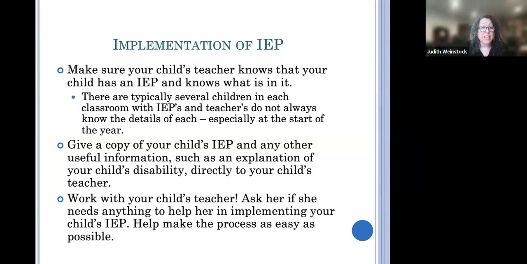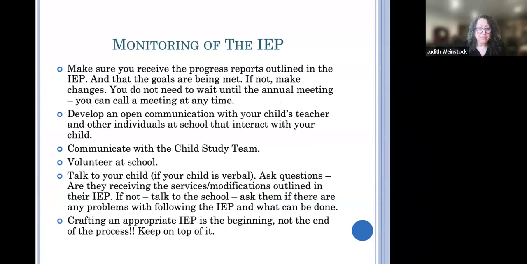So if the teacher's starting to say, look, I need more help, or your child needs specific types of remediation that I'm not able to give, or they need more intensive supports, that's very helpful. Or maybe the teacher says, you know what, this is a little bit of a too restrictive environment for your child. Maybe he or she needs to go back into the general ed program with specific supports and modifications. So this is all under the purview of implementation of the IEP: building a rapport with the teacher and the people on the front lines. And then, of course, it's just monitoring it,